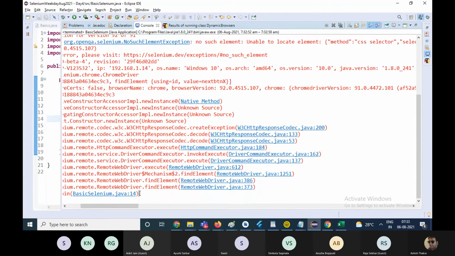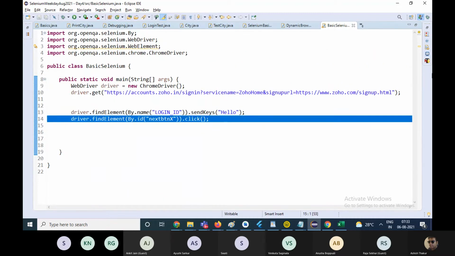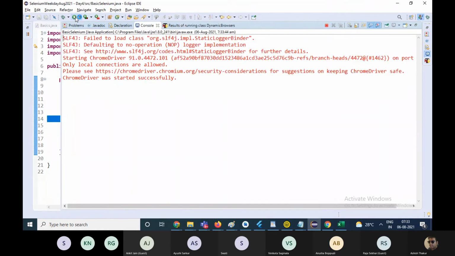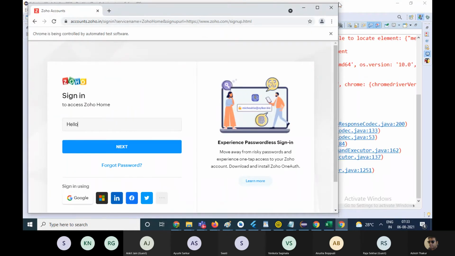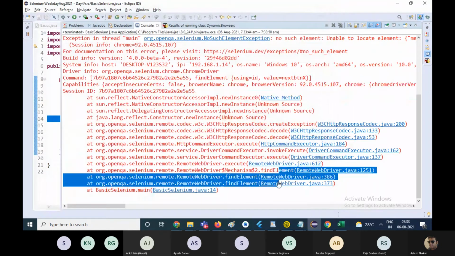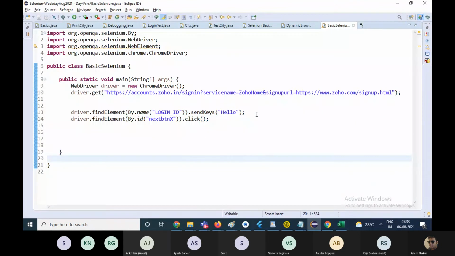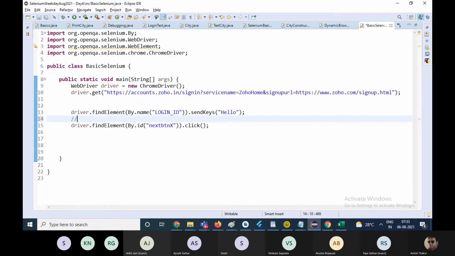If you scroll down, you see basic Selenium line number 14. You click on the line number, this line number will be highlighted. Element could not be found on this line. But you see that when you run the program, the exception is thrown immediately within a fraction of a second. Sometimes, you would want that fine element is loading. You want Selenium to wait for say 5 seconds for the element to be visible and interactable on the web page.